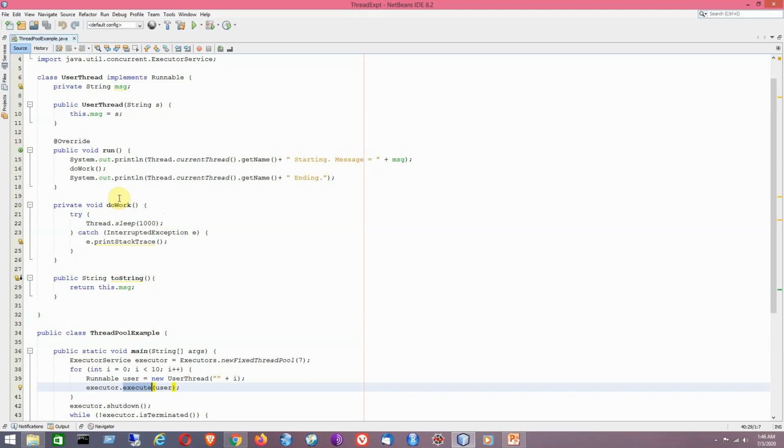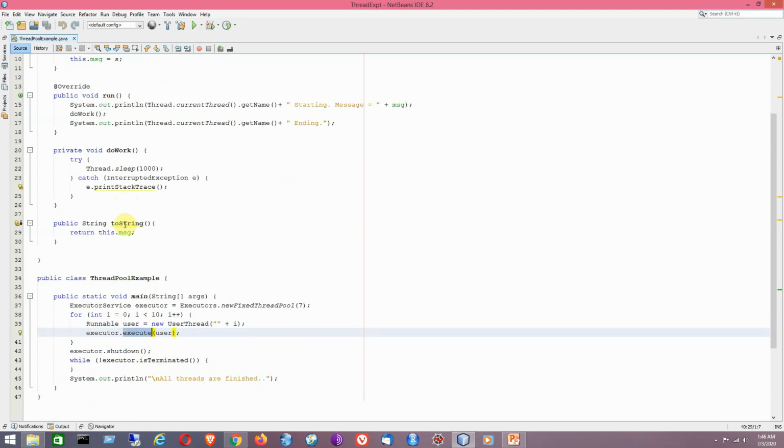That means the currently executing thread will be paused for 1 second. After that, the thread will be back to the ready to run state from the blocked state, that is the sleep. That is the idea to be used. Now this is a toString method, that is giving you the string representation of the object. In that way each of the threads will be getting its chance to execute.